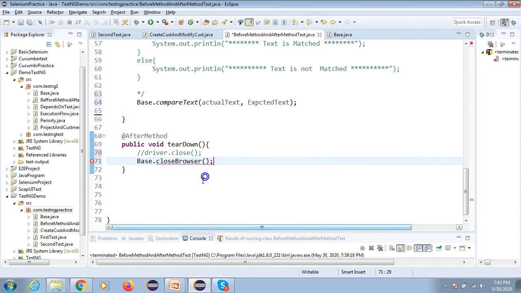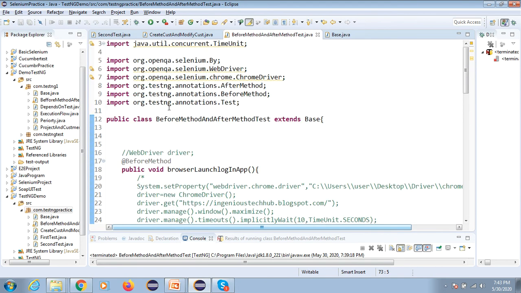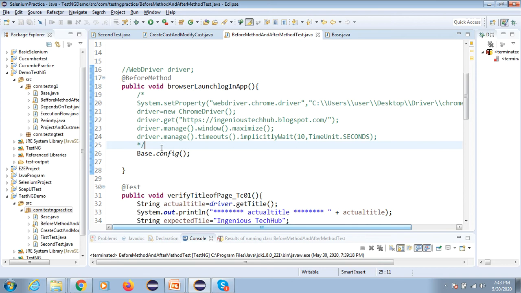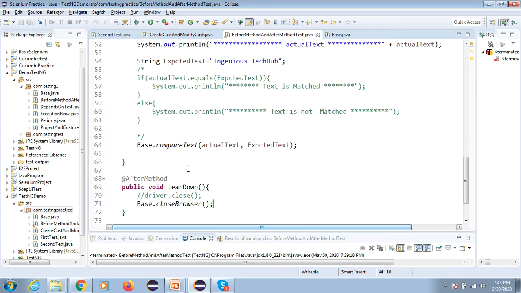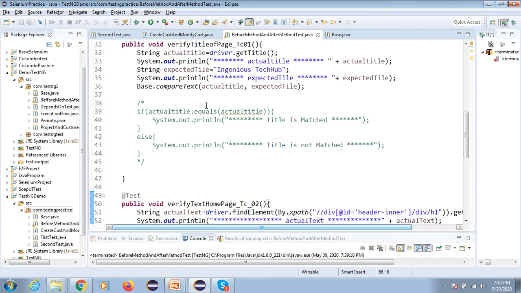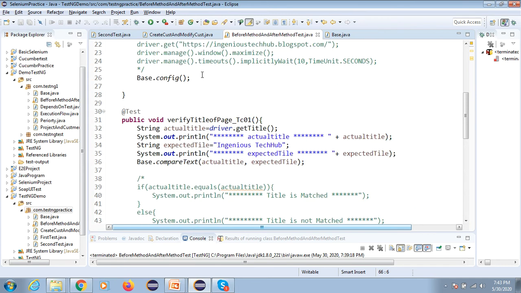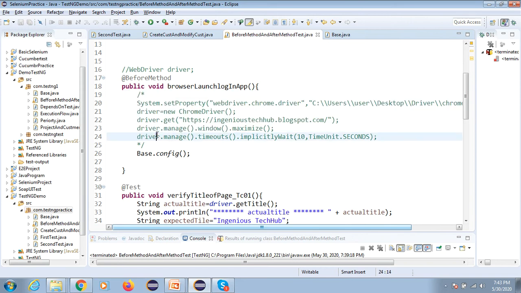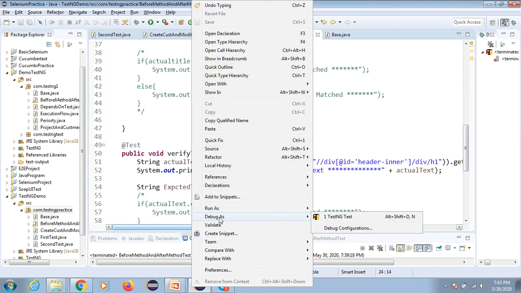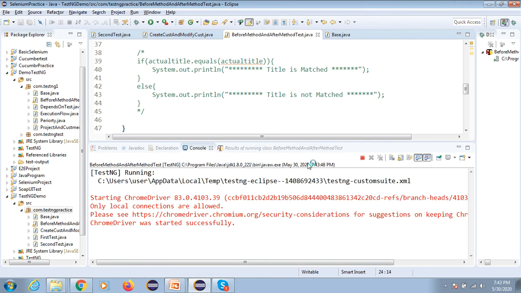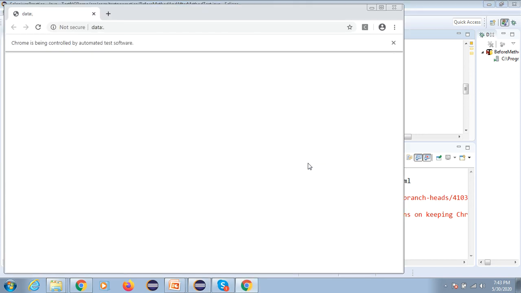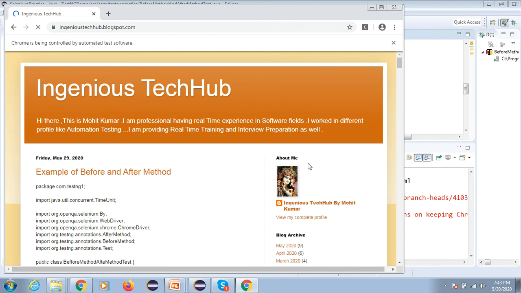So how you can use this, you can see how much time I save, right? We should not write this again and again. So how much time you can save if you use reusable methods. I'll tell you when we learn the framework, then you will enjoy. If you are practicing day by day, definitely after completing the course you will feel you know something. The people who are working in real time, you can talk with them. If you do more and more practice, you have more knowledge than them.